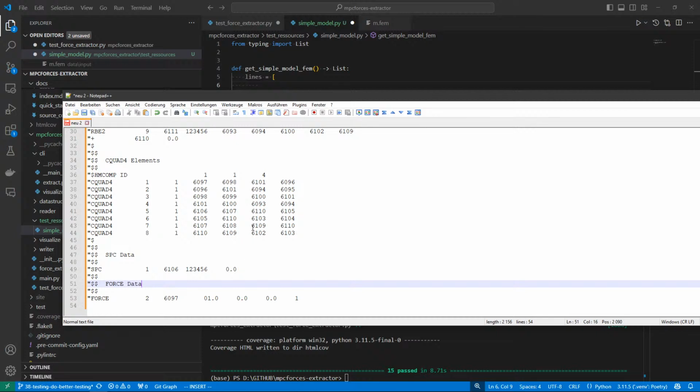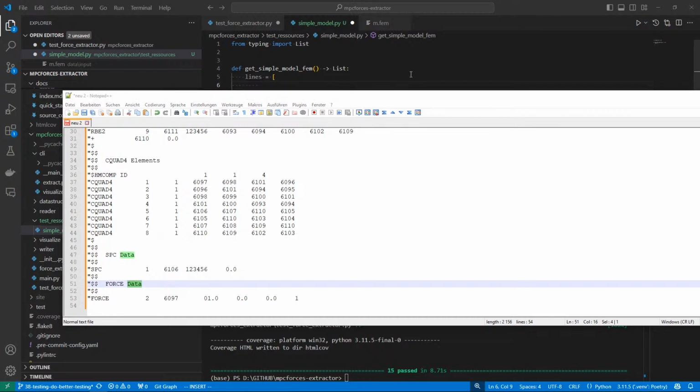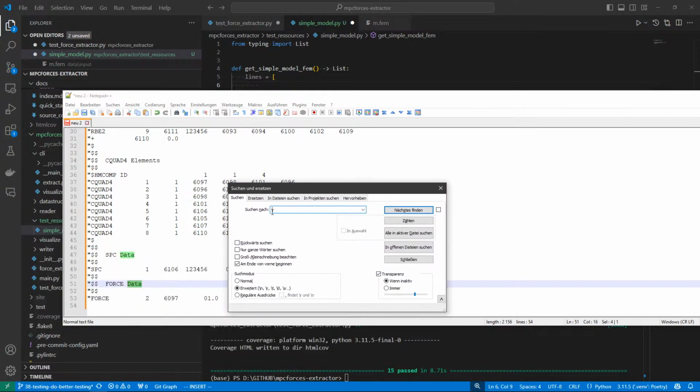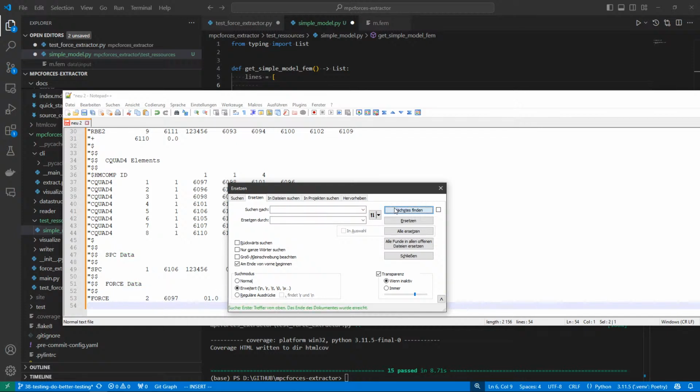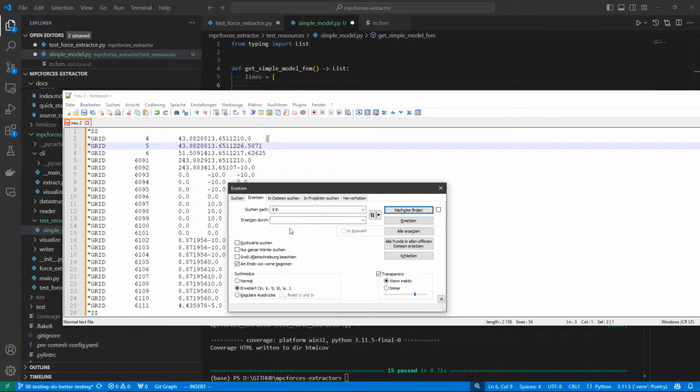So basically, I have something different in mind. There is an option where you can do a search and replace. So replace, and you have to be sure to have it in extended mode. And I think the command I'm looking for is \r\n. Let's just search for that. It should be in every line. Yeah. So this is the new line character. And we want to replace that by